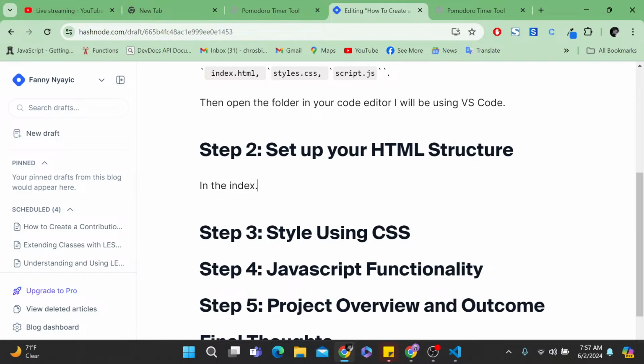In the index.html, and then we shall do this. Create, and then here I'm gonna put this. Yeah, that works perfectly. By pressing Shift exclamation mark,